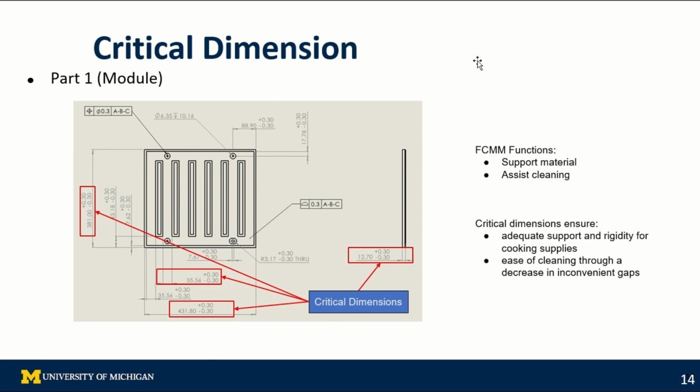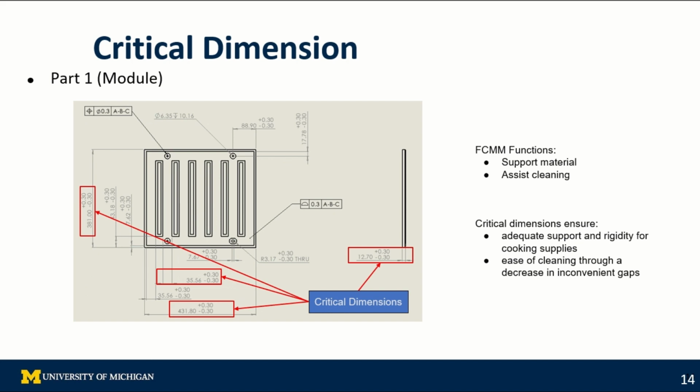Then what are the critical dimensions to keep the function of the part? In that case, for the module, we can say that the critical dimensions ensure the adequate support and rigidity for cooking supplies, and also the ease of cleaning through a decrease in incoming gaps. So the quality surface is enough to have only 0.3 millimeters of tolerance, and something similar for the position